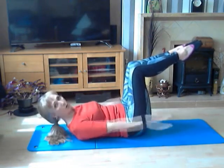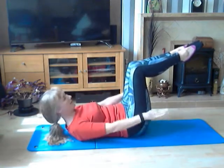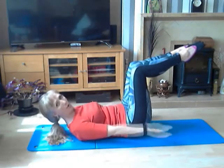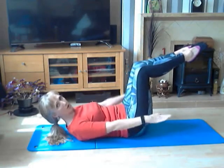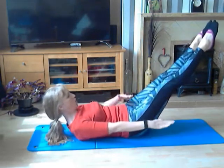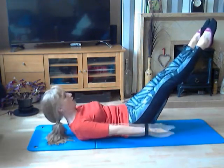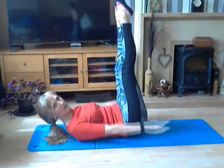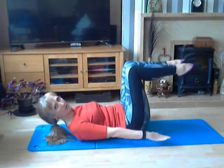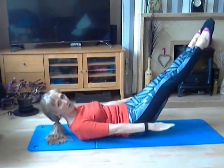Now, if you are quite comfortable in this position, you can now start to take your feet away from your body. So you're going to stretch them out a little bit more. So they're going into this position. You will feel this a lot more in your core. Don't have your legs up straight because you may as well just still be in this position. So if you want to take your feet away,